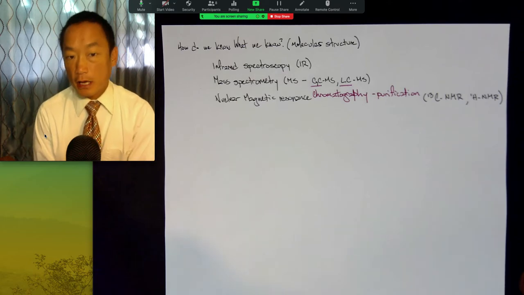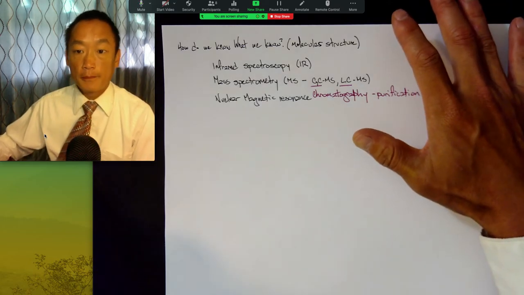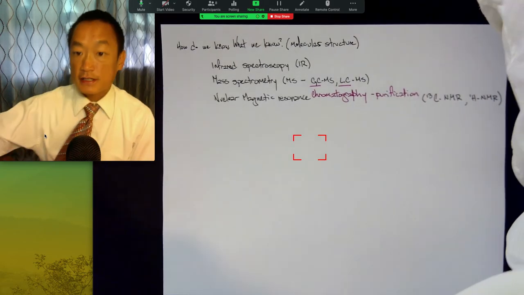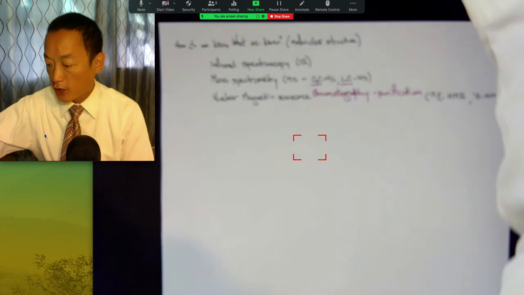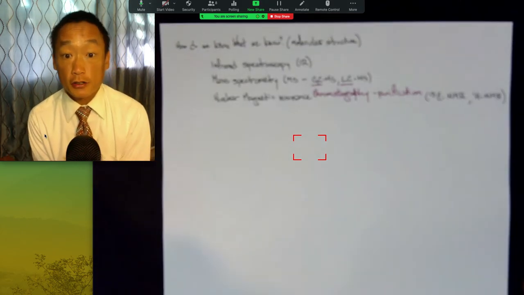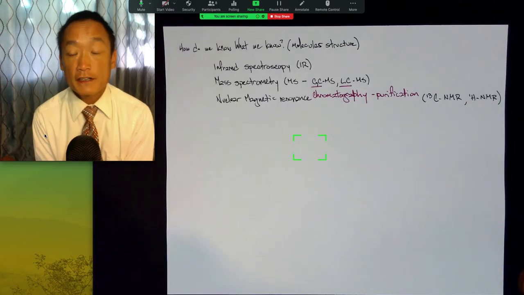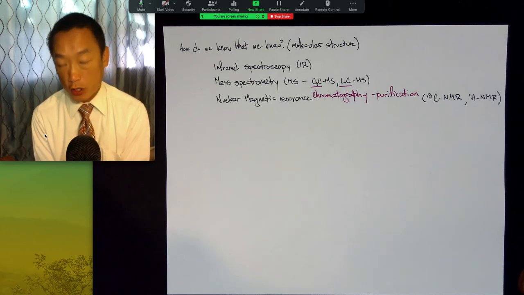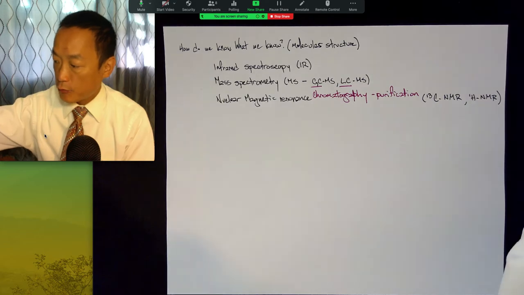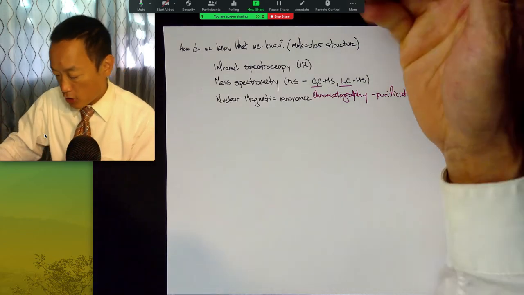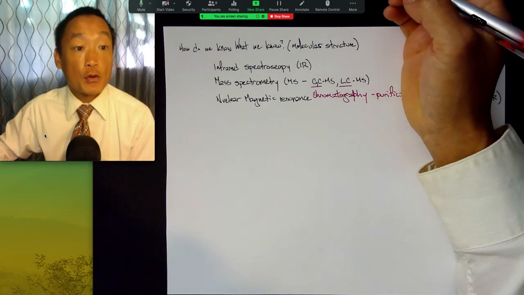Now, before we actually go any further too, the idea that I want to stress here is that these techniques are integral in being able to determine what our molecular structure is and its connectivity. And it's going to be really fun to piece all of these things together and end up with a structure. Before we dive into any one of these techniques specifically, let's just take a look at what this information tells us.